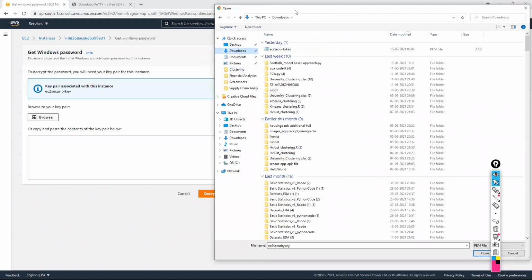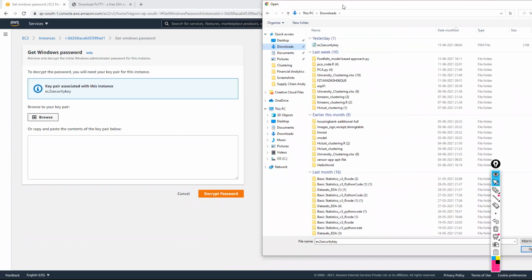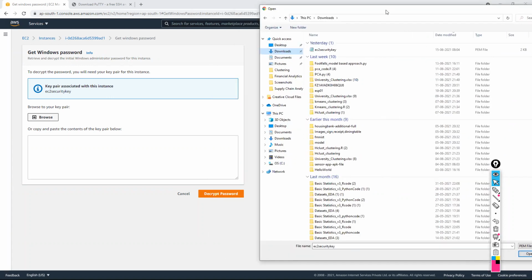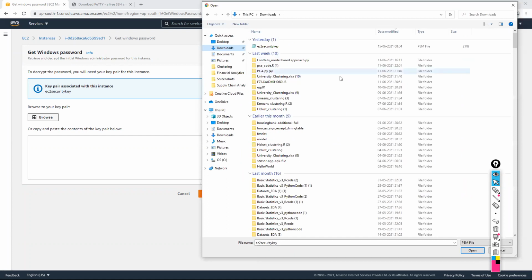And you have not replaced it, right? You said you will give some other name. Yeah, but when I browse it, I'm not getting it. Just give me a minute. Yeah, it's not showing the PEM file. Here, go to PEM files or all files.